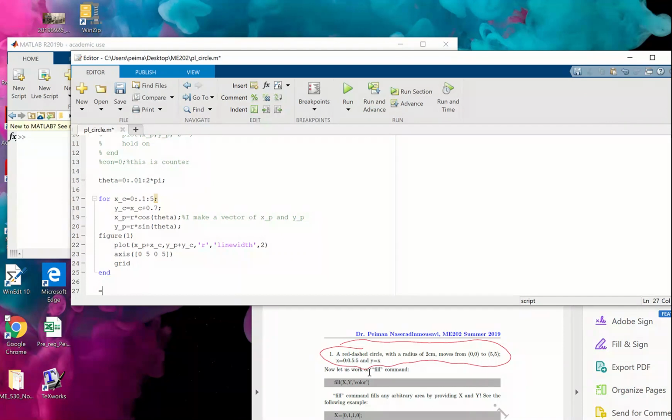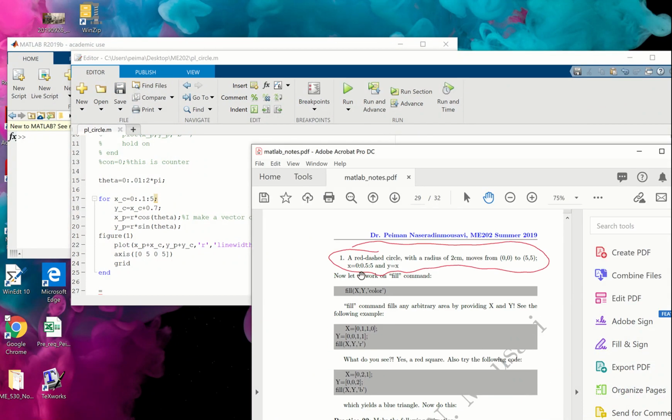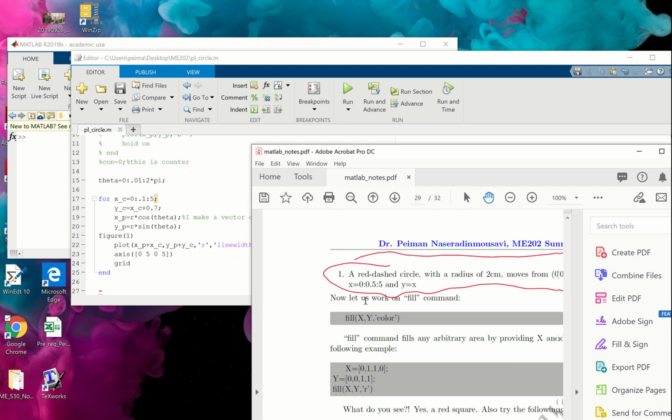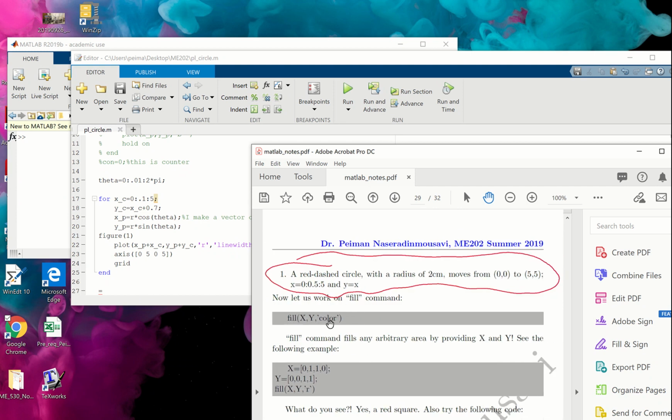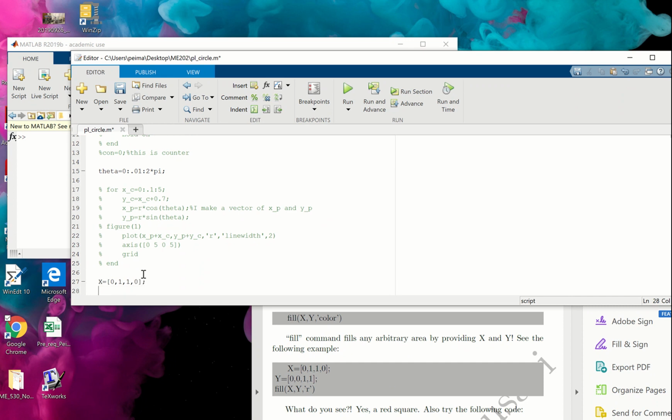Now let us work on a little bigger. Let us work on the fill command. Fill x and y color. Fill command fills any arbitrary area by providing x and y. See the following example. Let us do it together, guys. I'm gonna put this. I hope that you do it at home. And see, I'm saying x is equal to 0, 1, 1, 0,